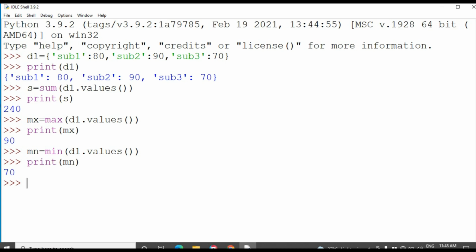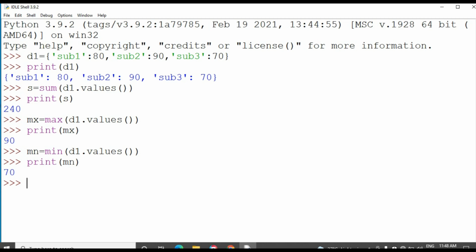So the minimum value is 70. Compared to those two marks, 70 is the minimum value. So we got 70.